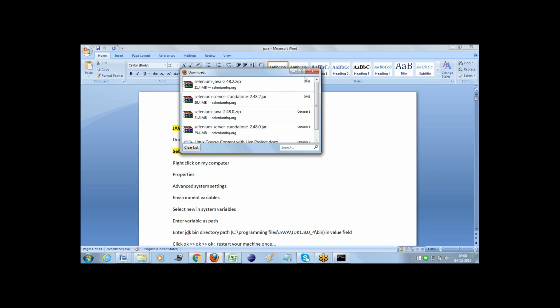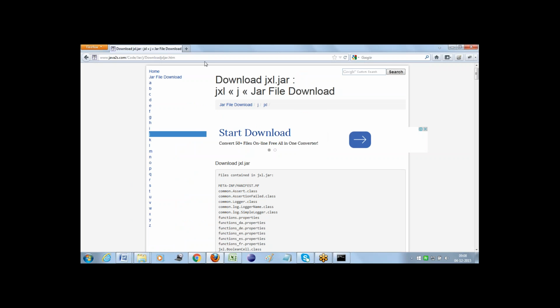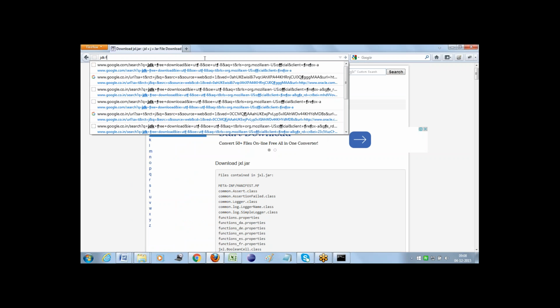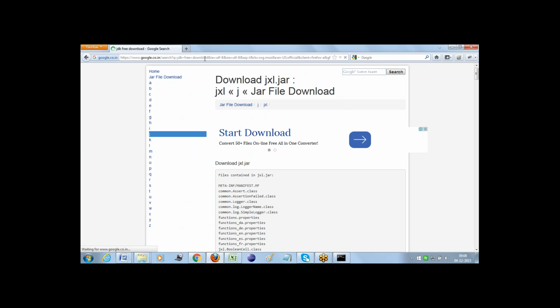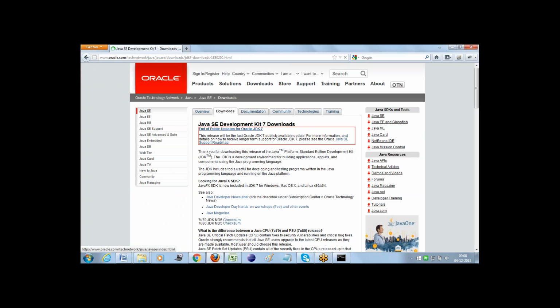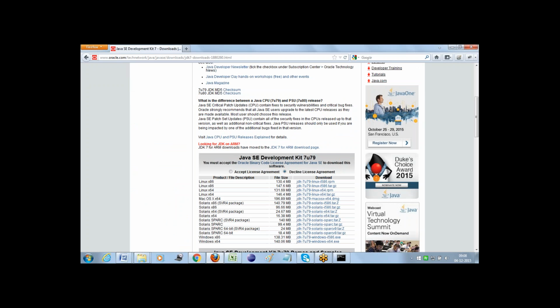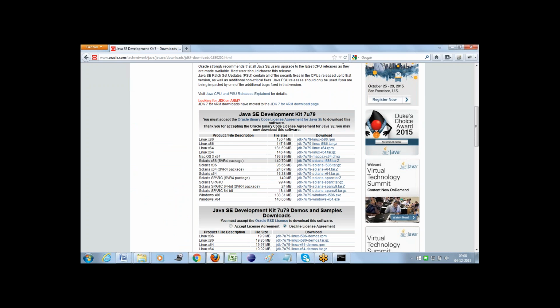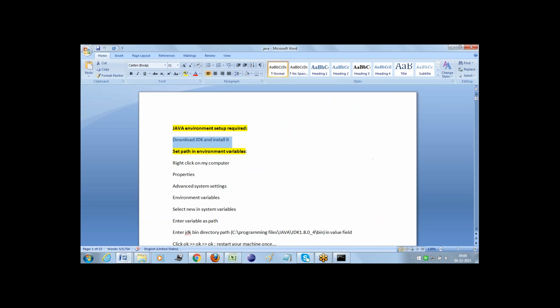Let me show you how we can download that. See, go over here, JDK free downloads. Then go to the downloads page. From here, click on accept and download the JDK version, which is an executable file. Install that.